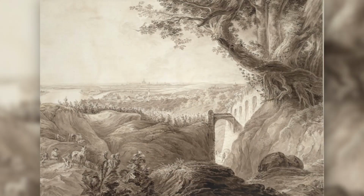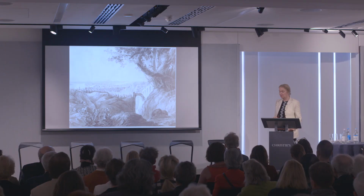wine-producing village still there, but of course the view of Vienna has changed slightly from this perspective. But you can still see in the center the spire of the Cathedral of St. Stephen's in Vienna. It has not changed, and it can still be seen from afar, even though it's towered by other buildings around it. And it was very important to